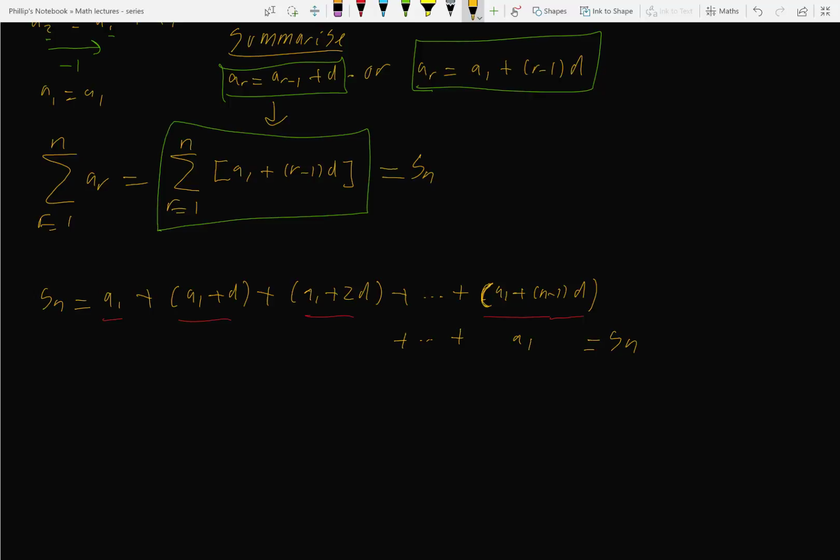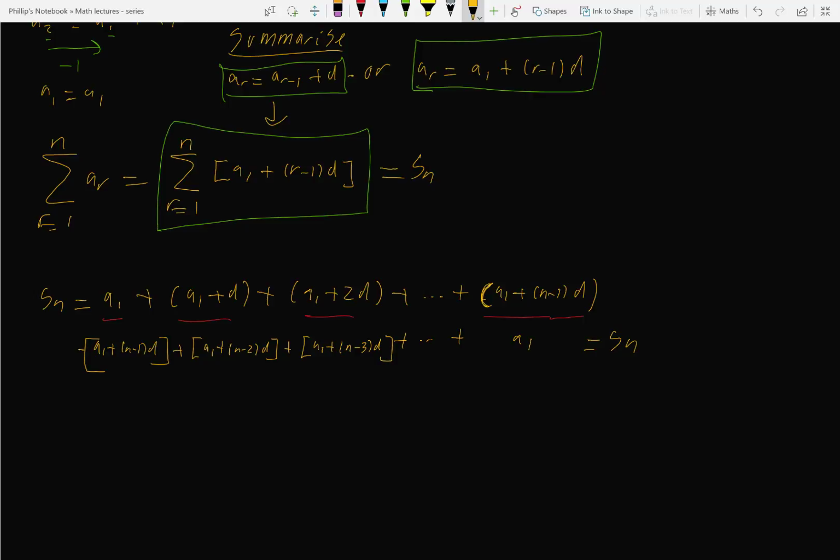And so we're going to literally write the sum backwards. So here's going to be A1 plus n minus 1D. And the one before was going to have A1 plus n minus 2D plus A1 plus n minus 3D